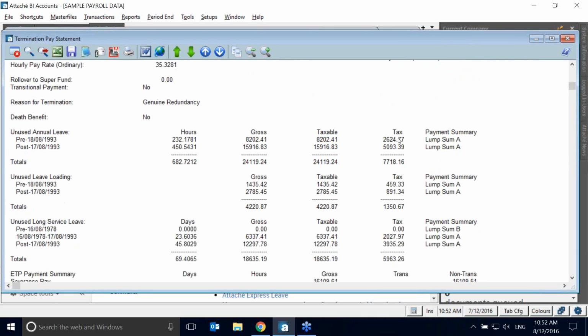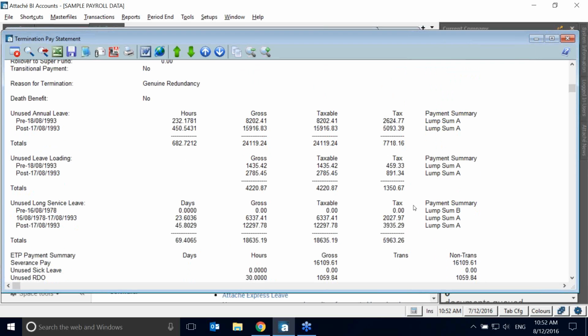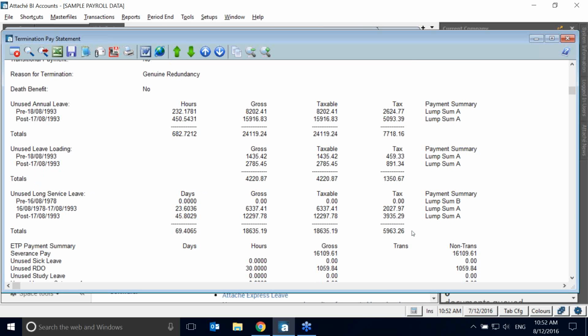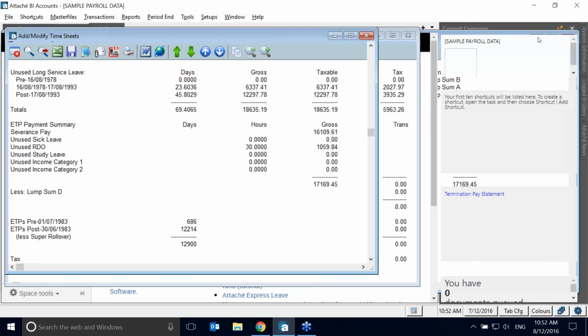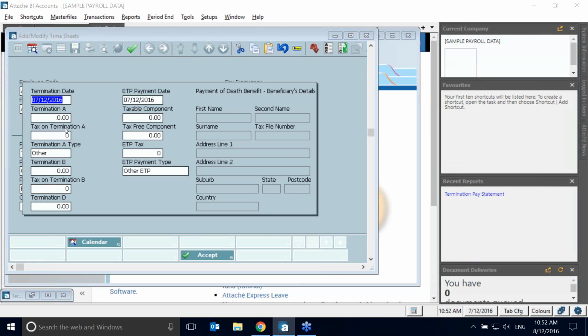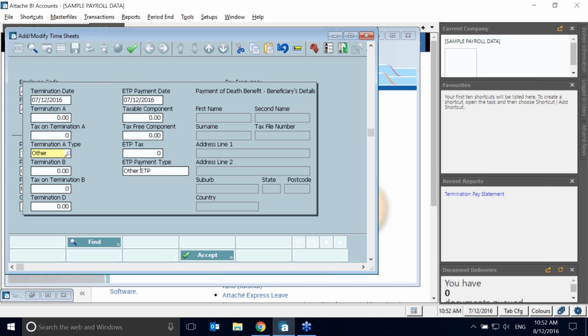On my report, you can see here it's listed all my elements that I would put into my lump sum A, lump sum D, and my ETP. So I would just be taking those values and popping those into the various buckets with then the tax that's associated with them. The important thing to do is make sure that you classify them correctly. So if it is a redundancy, then selecting redundancy, and also very important with the ETP that you're classifying that